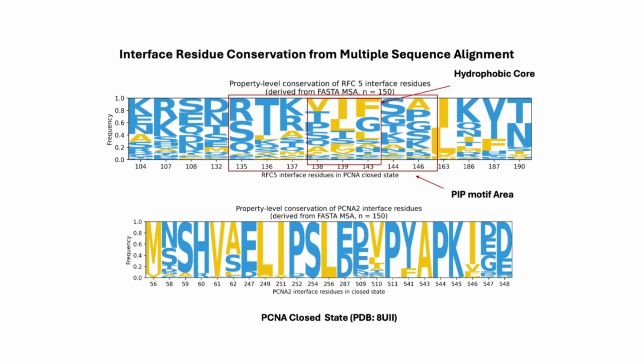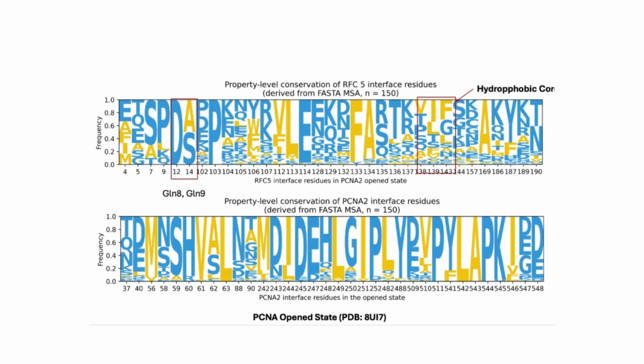At the RFC5 interface, many hydrophobic residues display low sequence conservation, yet consistently retain hydrophobic character, indicating that interaction is maintained through conserved properties despite sequence variability. In contrast, PCNA2 interface residues show strong sequence-level conservation, forming a well-defined hydrophobic patch and a highly conserved PIP motif